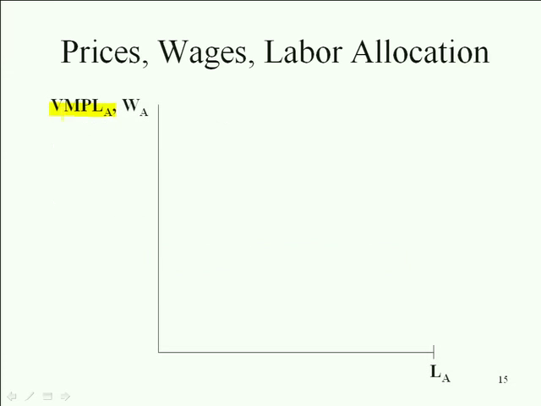Here's the value of the marginal product of labor, and here's the amount of labor. Because we have diminishing marginal product of labor, and we assume for now that we have a fixed price of automobiles, the value of the marginal product of labor will be downward sloping. So this is the price of automobiles, a fixed given price, times the marginal product of labor in the auto industry. So again, if we have a given price for automobiles and the marginal product of labor in the auto industry declines as we hire more and more workers, this is what the value of the marginal product of labor will look like. It's very easy to see that if the wage rate in the auto industry is very high,